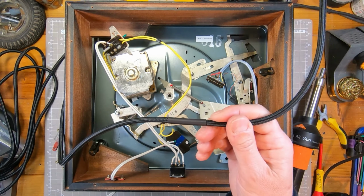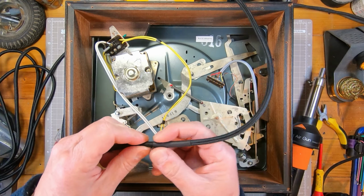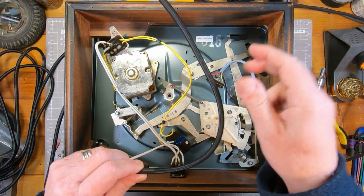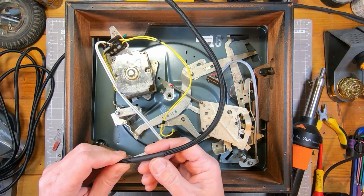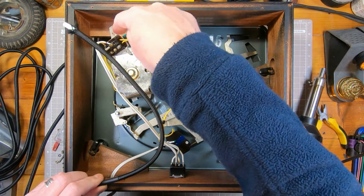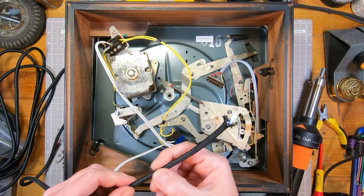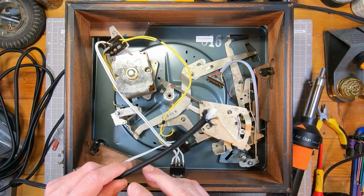So what I tend to do is put heat shrink on as the very first thing, and then I'll cut through the braid and the white insulation to expose the conductors. I've actually put that in the wrong place because I was thinking there was only one earth point up there, so I was going to run the earth lead to there, but actually I'm going to move it there, so I'm going to put heat shrink about here. So I'm just going to do that, and then I will start